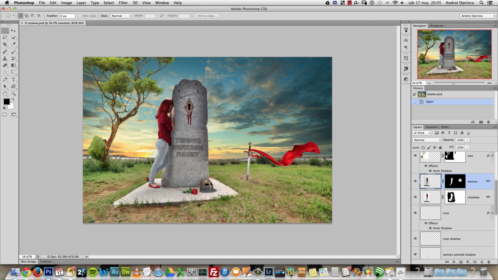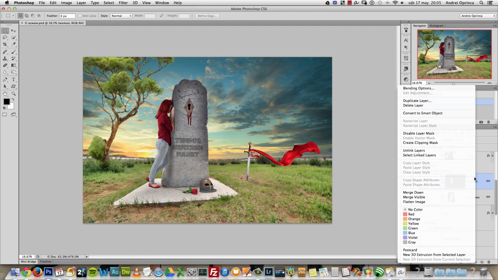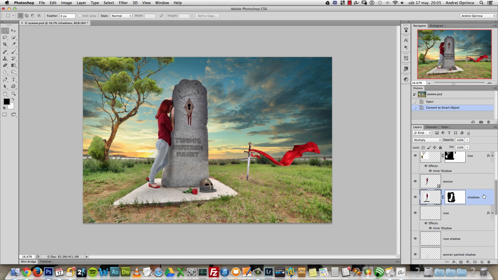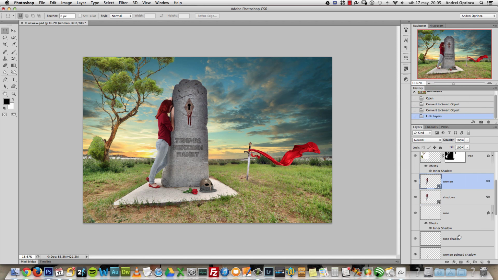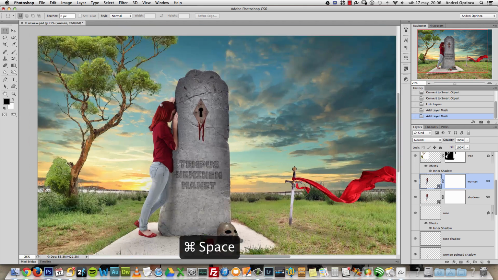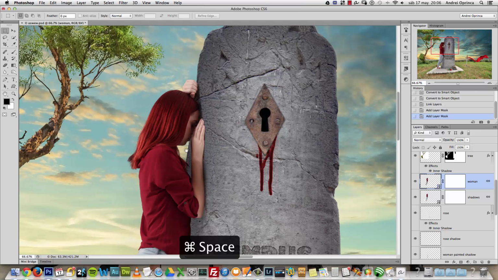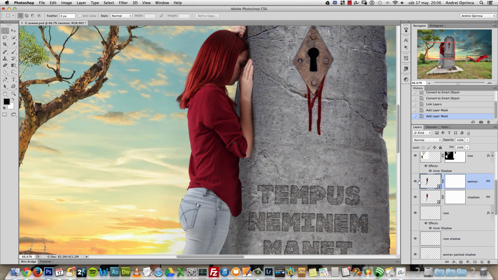And I already have the layer masks here, but I don't want to apply them just in case I want to mask something later or something like that. So what I will do is turn this into smart objects, and they will unlink. So I'll have to link them again, but I will do it now. Link layers, and now I'll create another layer mask for both of them. If you cannot create smart objects, you'll have to apply the masks, but since I can do it here, I will convert into smart objects. And now what I want to do is first